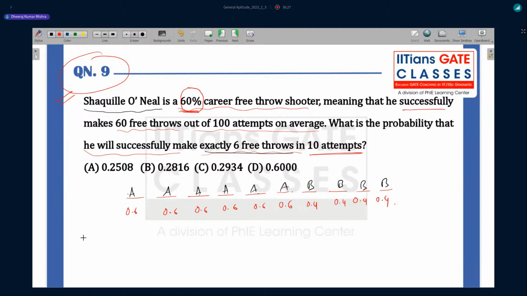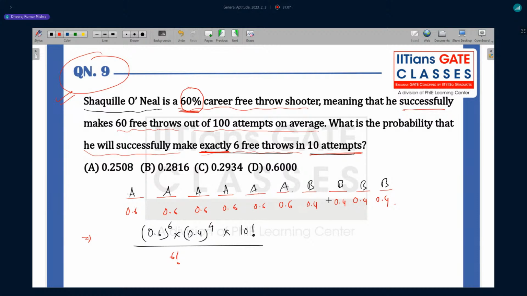Now you can use this concept, guys, always. 0.6 appears 6 times, and 0.4 appears 4 times. Now what you have to multiply here is, you see how many attempts there are, 10 attempts, so you write 10 factorial upon, and since this question asks for exactly, how many free throws are there? There are 6, so you write 6 factorial, and for the ones that are not free throws,